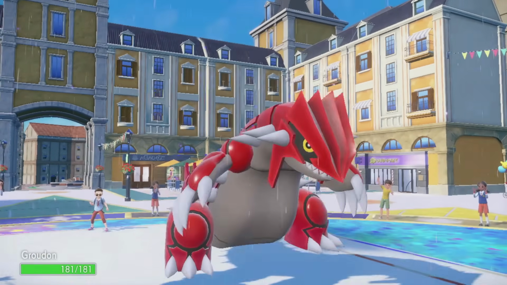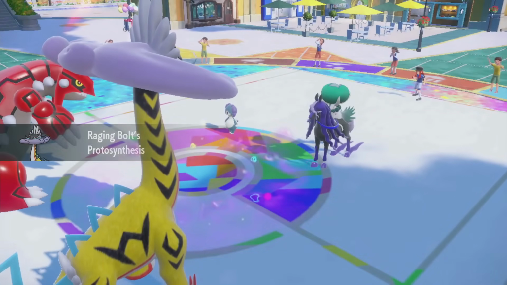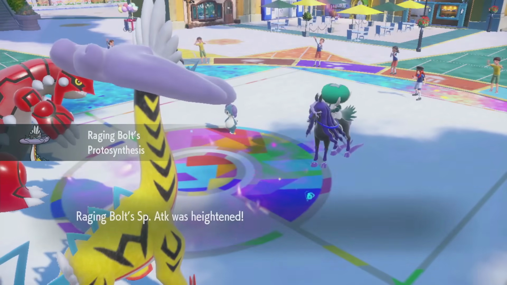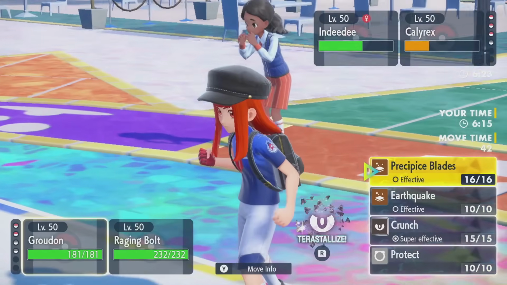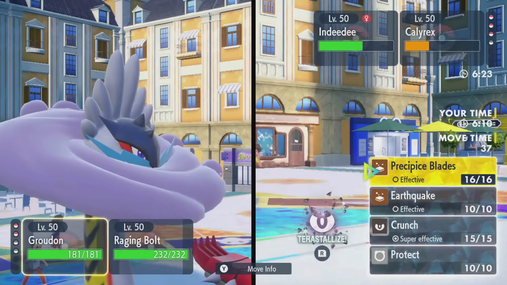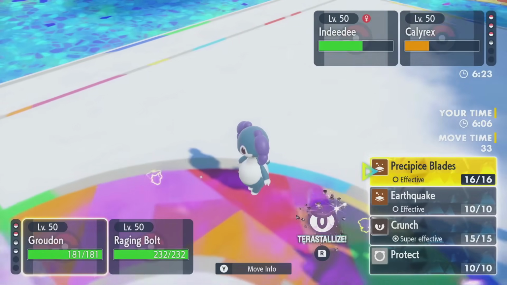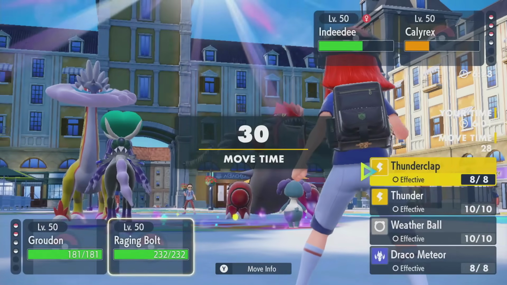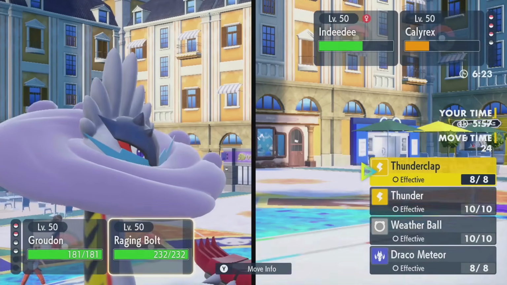Because they're definitely going to use Follow Me here. And then their last mon being Whimsicott should be manageable. We're going to both be weak to it, actually. They could win this with Whimsicott if they don't get the KOs they need. Hopefully they go for Expanding Force. Terra Dark, Precipice Blades has to hit the Calyrex. If it misses Calyrex and KOs Indeedee somehow,